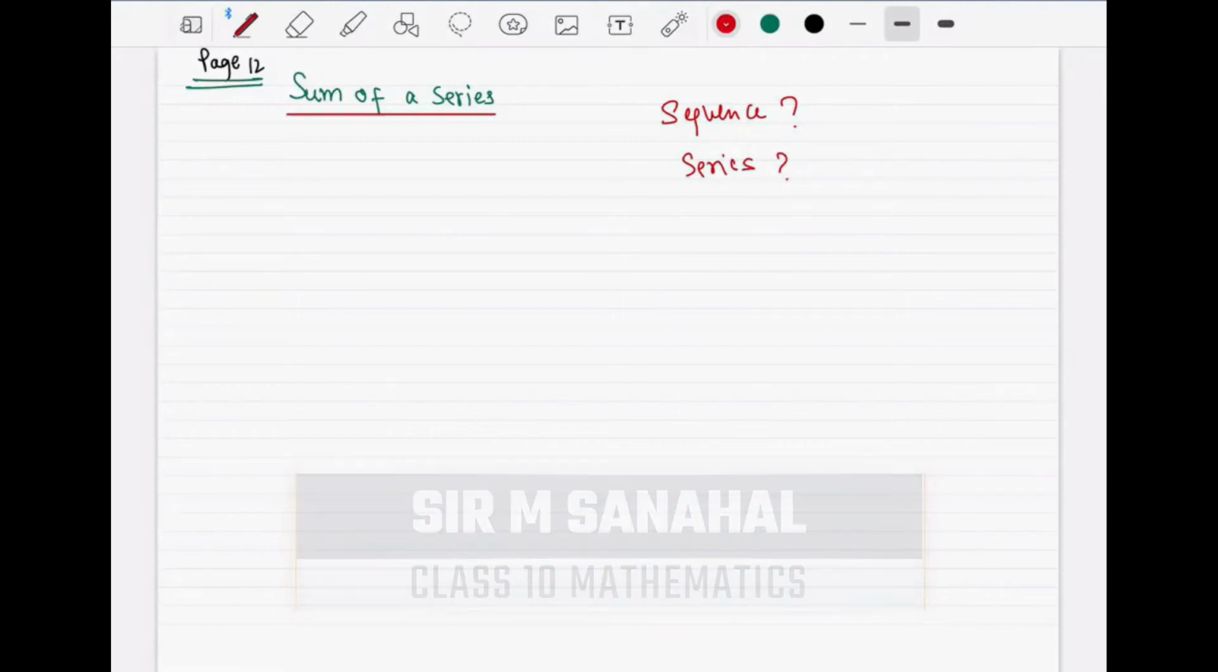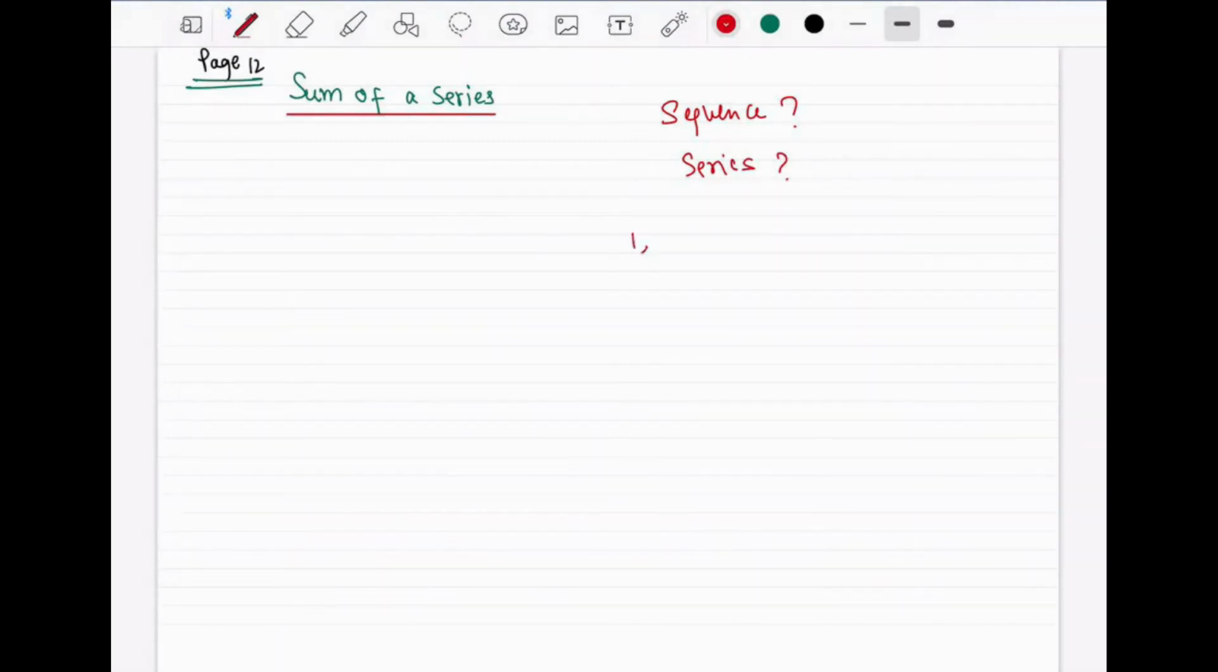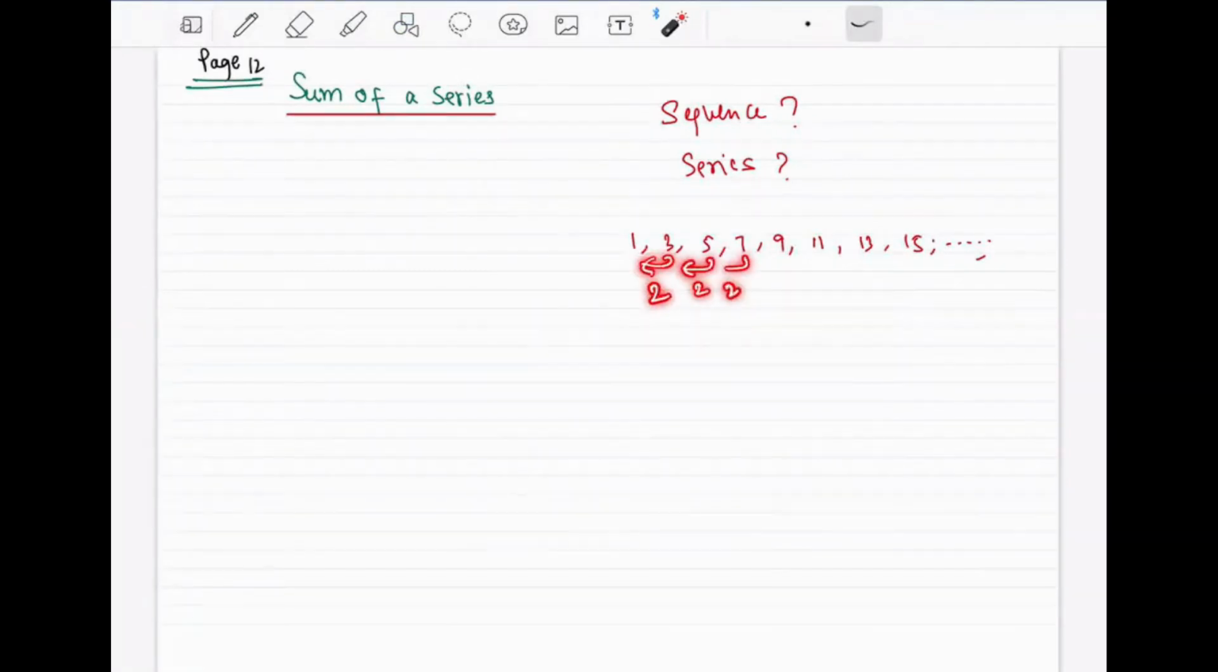A sequence is, let's say you have an AP. I have an arithmetic progression like this. Let it continue up to an infinite number of terms. If they are separated by commas, you're just arranging the numbers. Here, look, there is a common difference, 2. All the differences between the terms are 2. So if the terms in the arithmetic progression are separated by commas, then we will call it